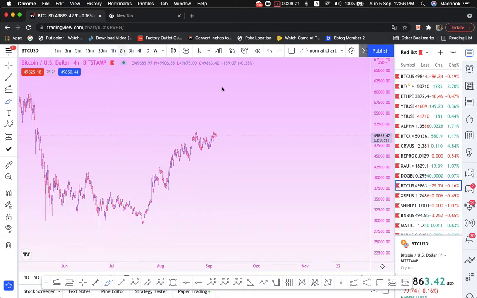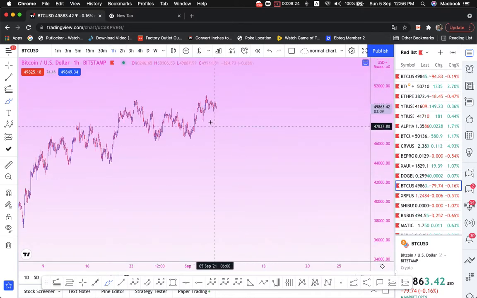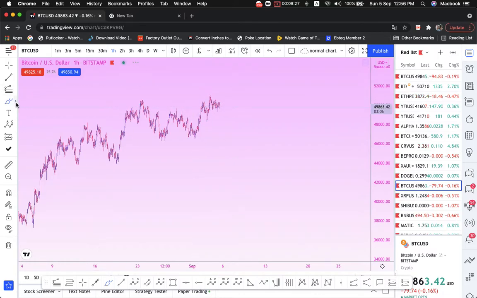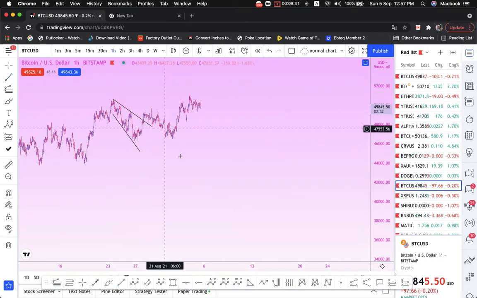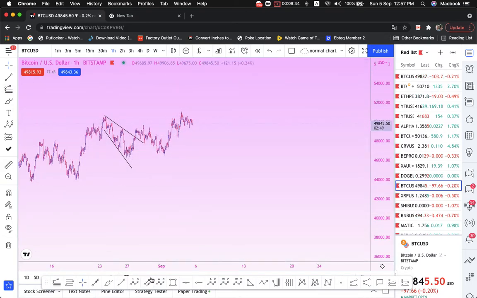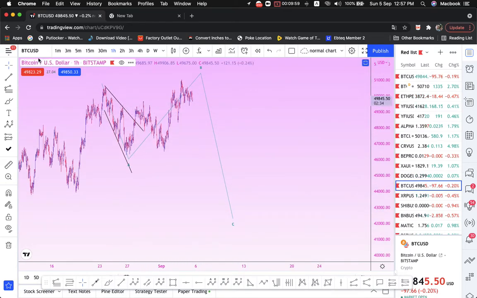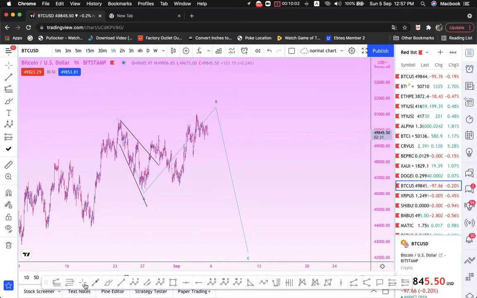So if I look at a 1 hour at this moment, this one here is really choppy, but it could come down, and I was expecting something like this. But who knows, it might go differently. Basically I believe that this is some kind of an ABC, and then it's probably doing some expanded flat. Okay, and then how do I know what price it would land at and try to reject? Okay, I'm expecting,